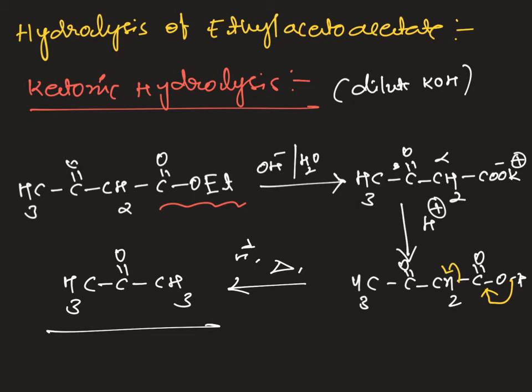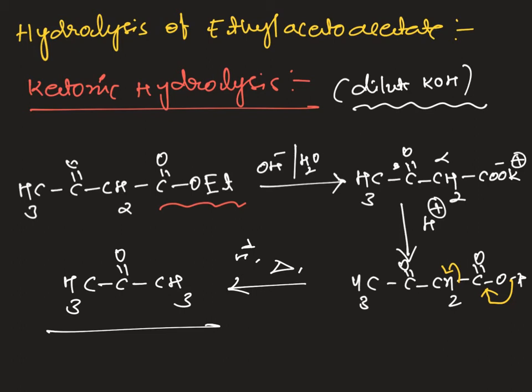If we get the end product as acid, we call it acid hydrolysis. Where the difference will come is in the condition we are using. If we require ketonic hydrolysis, we always have to go with a dilute solution of base. If we require carboxylic acid as the end product, we have to go with a concentrated solution of base, and the predominant product is always ketone, and this is about the ketonic hydrolysis.